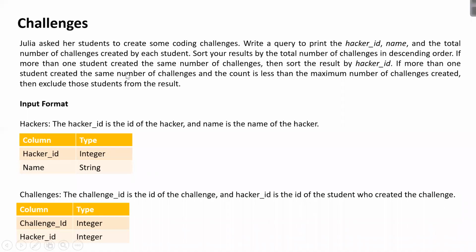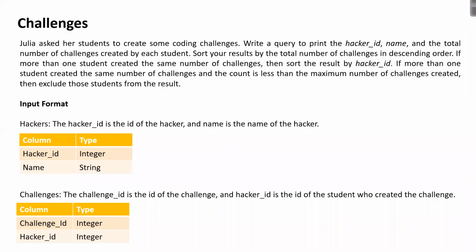Now the next is again an interesting problem. Julia asked her students to create some coding challenges. Write a query to print the hacker ID, name, and the total number of challenges created by each student. Sort your results by total number of challenges in descending order.